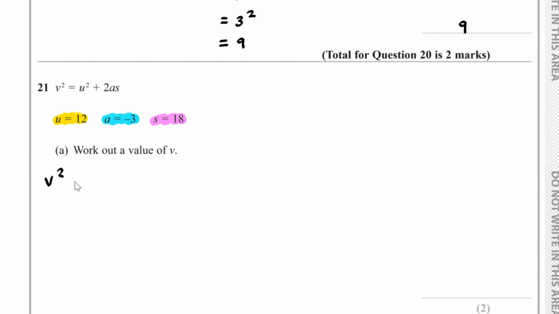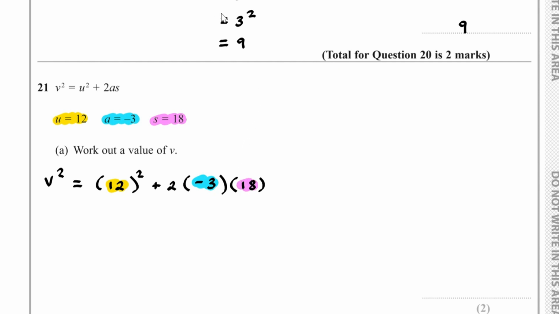And if we do that, we've got v squared equals u, which is 12, and then squared plus 2 times by a, which is negative 3, times by s, which is 18,